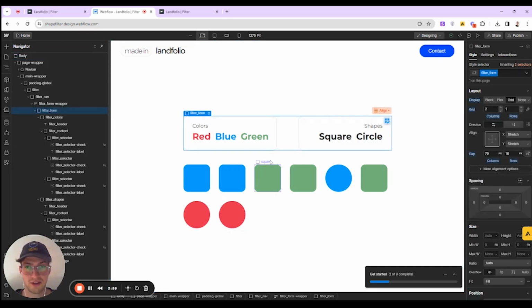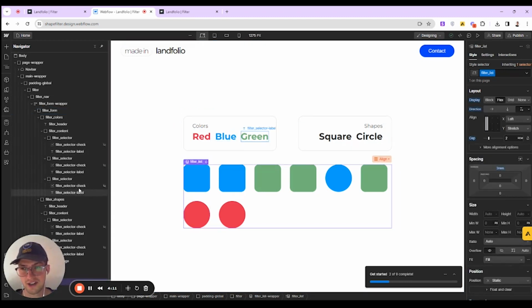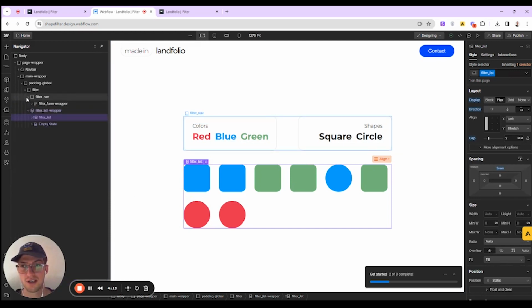So like I said before, there's two parts that we need for this. This is our form section with all our checkboxes, and this is our collection list. Now, unfortunately, the filter doesn't actually work if it's not a collection list, so make sure you have a collection that's actually displaying items. The way our one's working is for each item, we have a circle or a square,